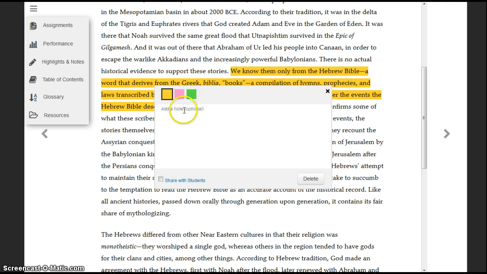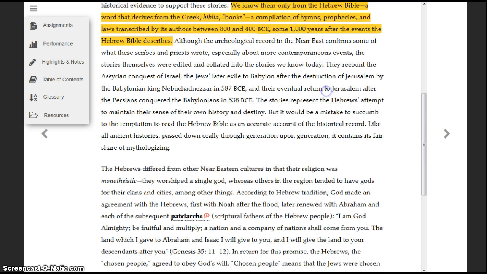Will automatically highlight, and then it will allow you to add a note. So for example, you want to remember to include this in your discussion post. So you can make a note to yourself and clear that. Then after you've done that, you go over to highlights and notes,